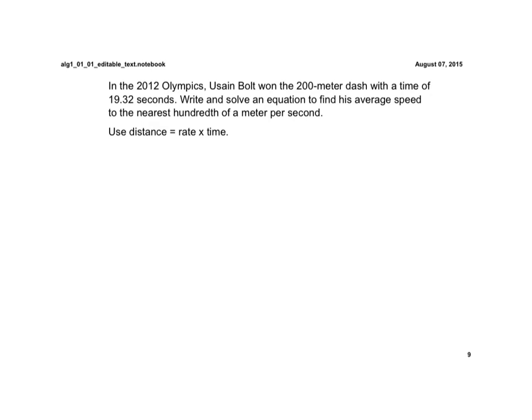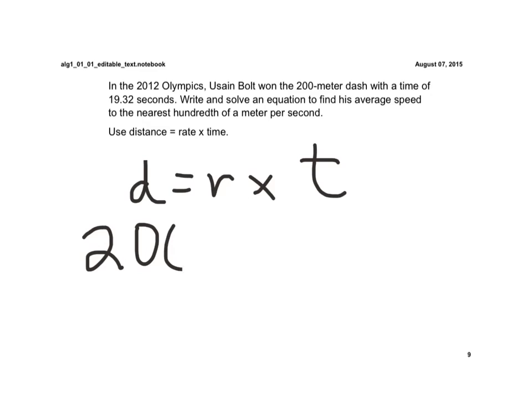It says, in the 2012 Olympics, Usain Bolt won the 200-meter dash with a time of 19.32 seconds. Write and solve an equation to find his average speed to the nearest hundredth of a meter per second. So we're going to use the formula distance equals rate times time. Well, the distance given to us is 200 meters. The rate we don't know, but the time we know is